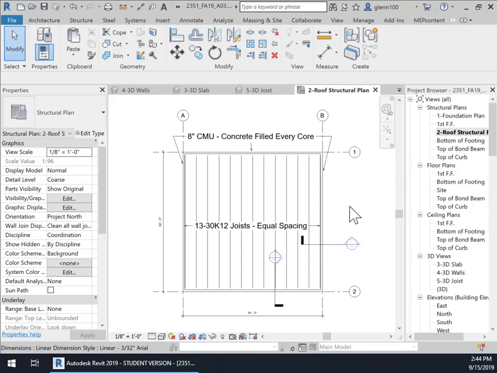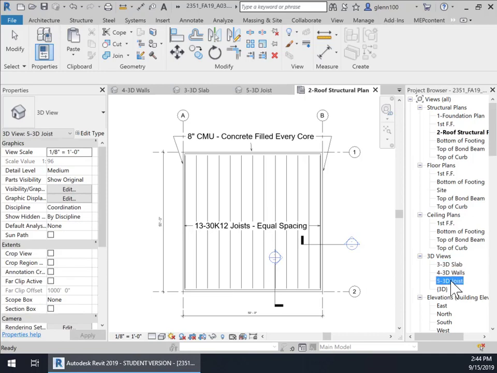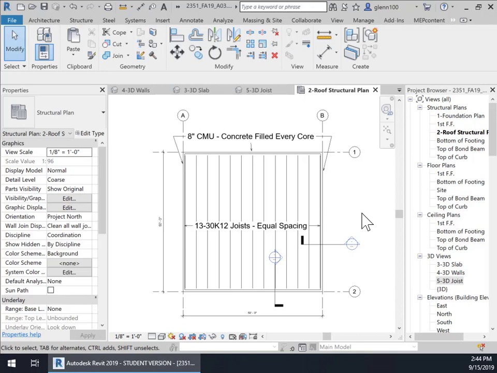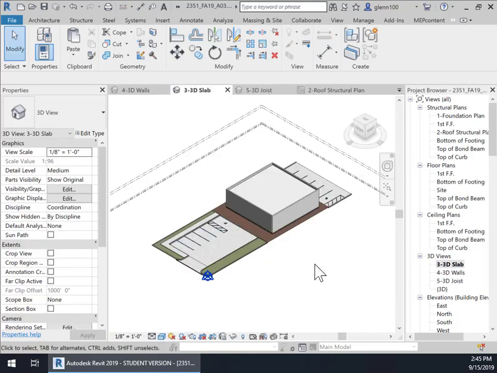In the previous tutorial, I showed you how to set up the foundation plan and the roof structural plan. In this tutorial, we're going to set up these three views here: the 3D slab, 3D walls, and 3D joists. It's probably the simplest of all of them to set up. I'm going to open up the first one. I just created it, duplicated views of the 3D view, and then I went in, we'll take 3D slab, and